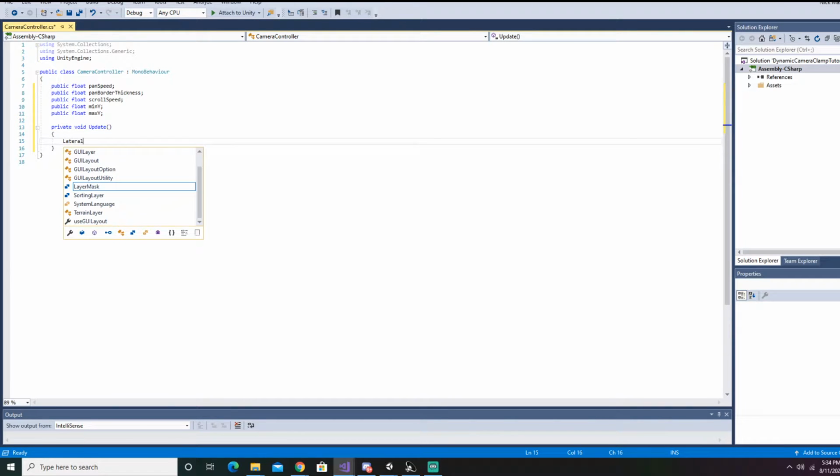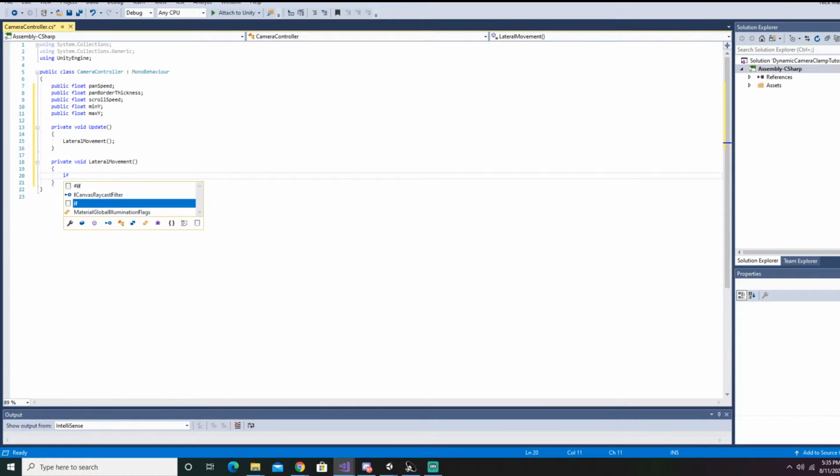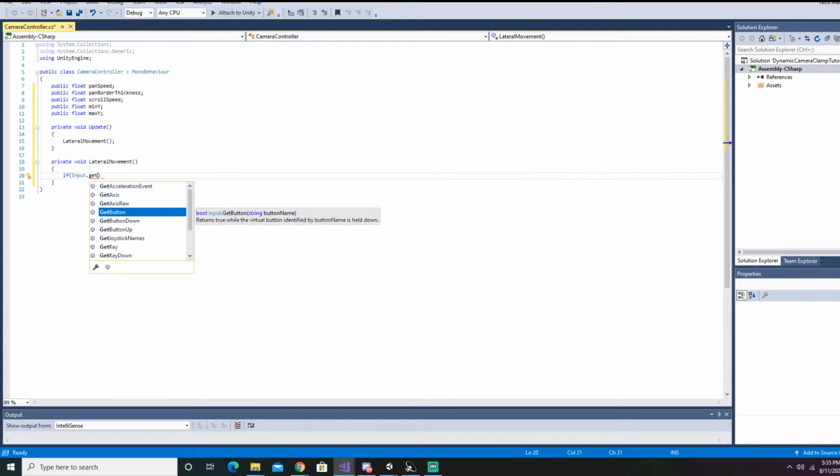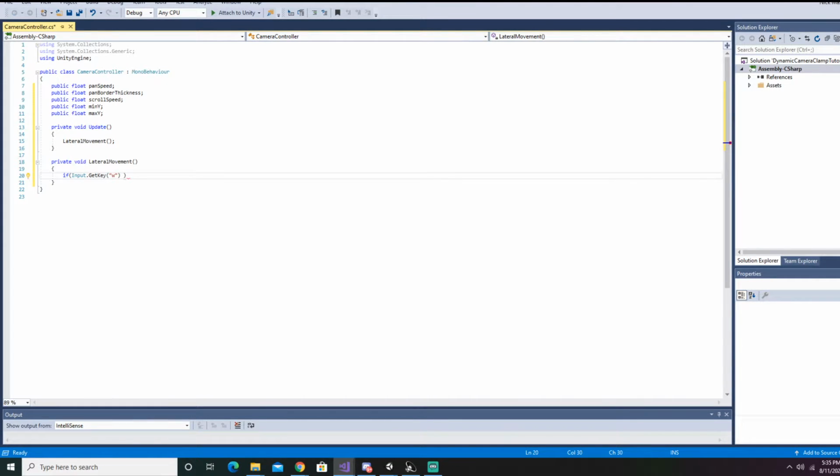And the function we're going to first write is lateral movement. So move the camera up, down, left, right around the scene. So private void lateral movement. Now if input dot get key W or